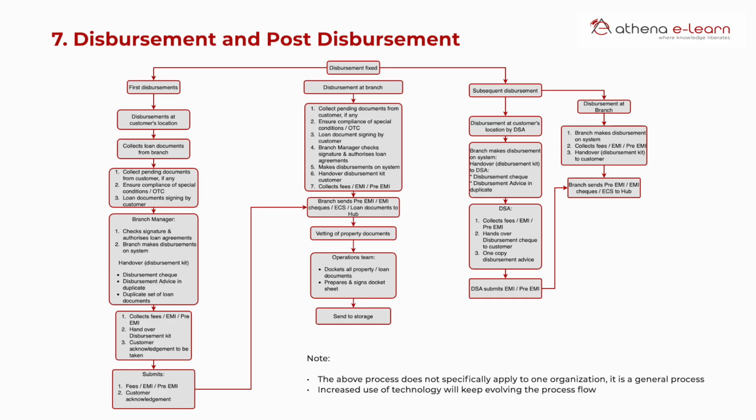Once all the documents are available, you create what is called a docket. Now a docket is nothing but an envelope which is fortified through maybe a stronger canvas or something which makes it safe to be stored for the next 10-15 years, and it contains all the documents that the customer has provided you, which are the original property documents.